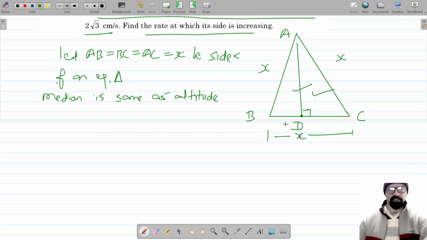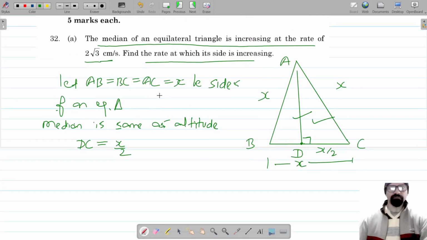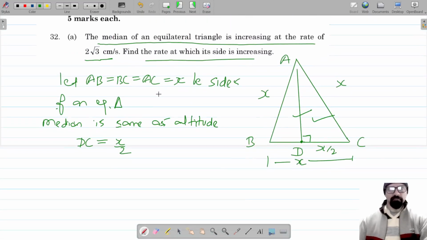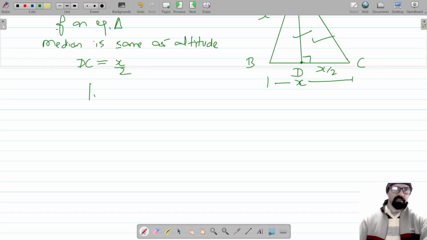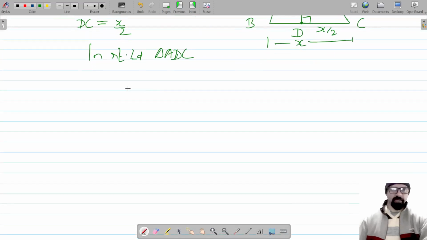ADC बन जाएगा right angle triangle, और क्योंकि D मिड पॉइंट है, AD के मीडियन होने से D मिड पॉइंट है, तो DC आपका हो जाएगा x by 2. So this is now x by 2, and let's find out the median AD. So in right angle triangle ADC हम यूज करेंगे पाइथागोरस थ्योरम,